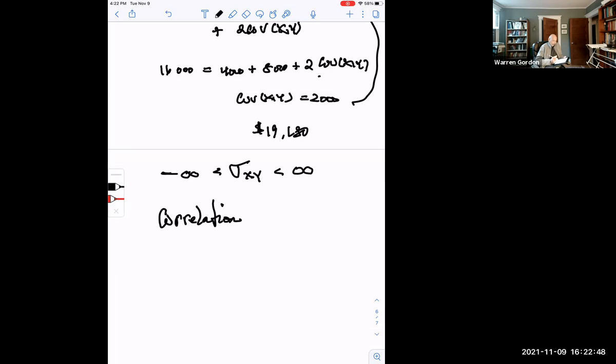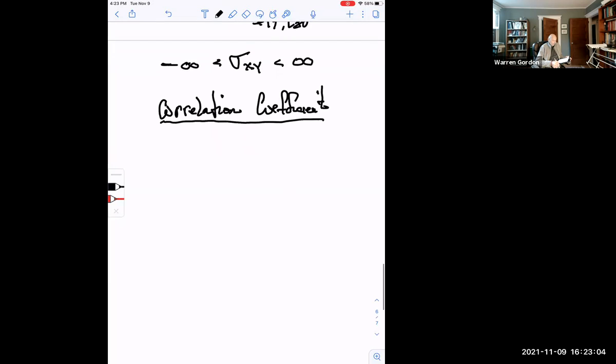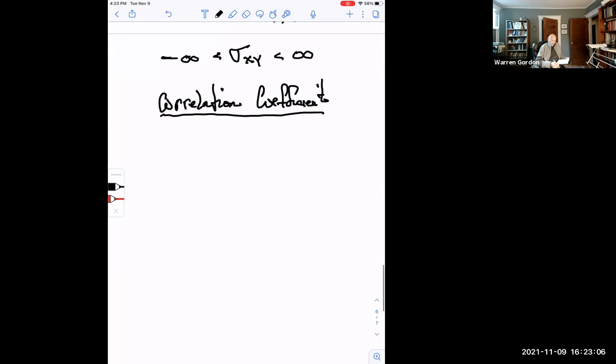It tells us how x and y are going to be related in a nicer way. Correlation coefficient. And these are important ideas in basic statistics. So we're going to define it in an unusual way, and we'll get the equivalent. So let's suppose,